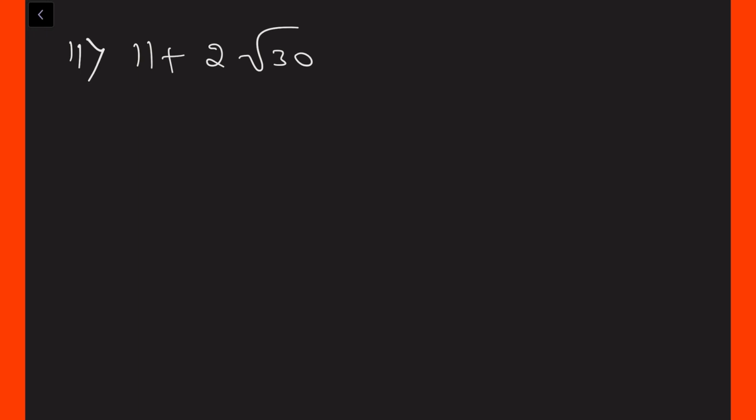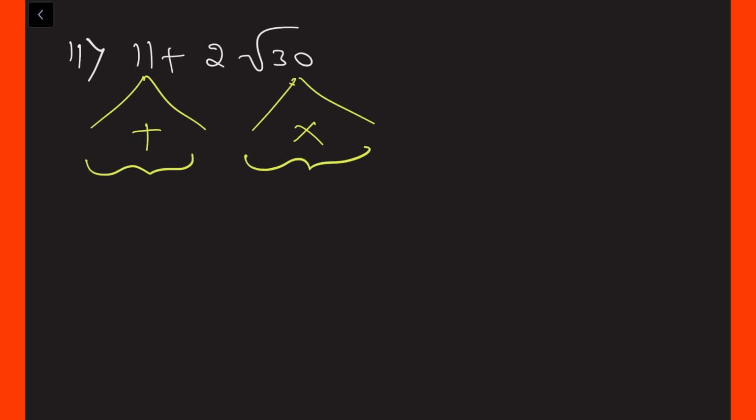First I will simplify the question. At the final step, I will apply the square root. This 11, you need to write it as addition of two numbers. And this 30, you need to write it as product of two numbers. Whatever the two numbers you are writing, those should be same. So what are those numbers? Obviously, those are 5 and 6. 5 plus 6 is 11 and 5 into 6 is 30.